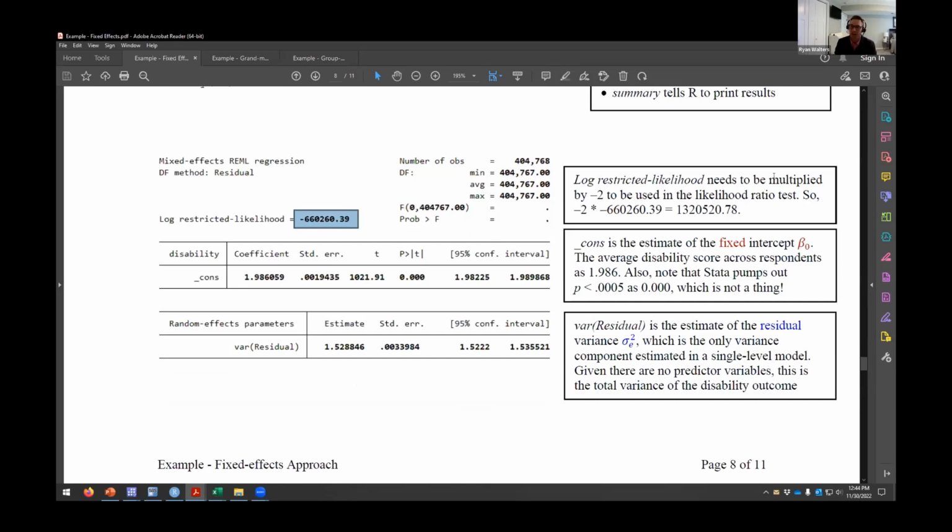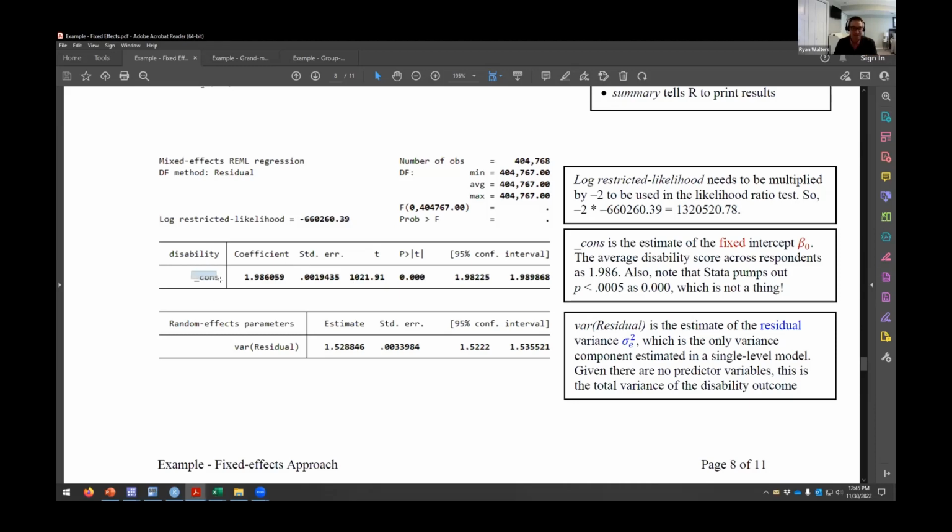We're going to do model comparisons throughout this workshop. And one of the things to remember for both Stata and R is that they give you log likelihoods, not -2 log likelihoods. So for model comparisons, you're actually going to have to multiply this by 2. And so you're going to end up with something that is much bigger and positive. And again, we'll walk through all of that when the time comes.